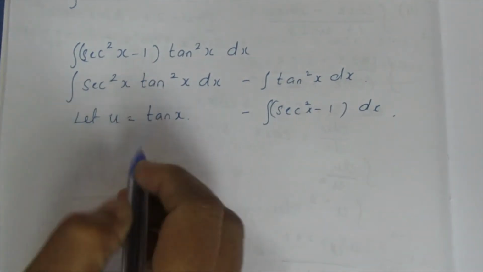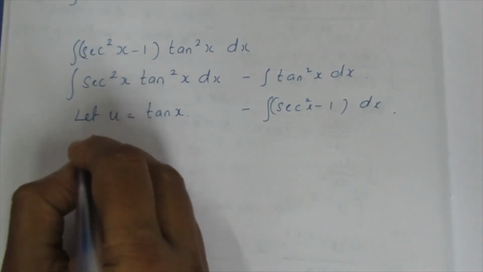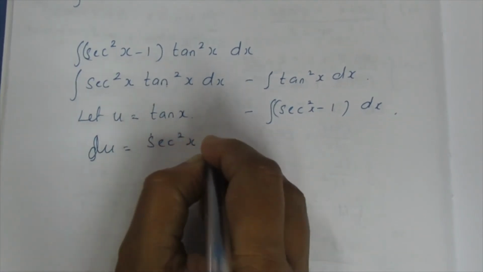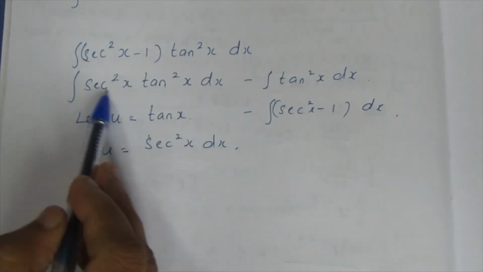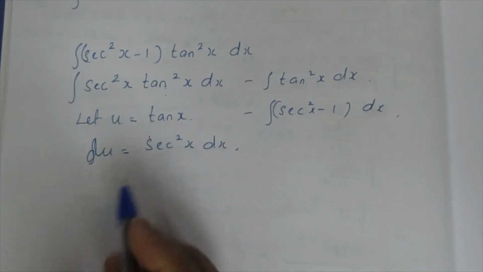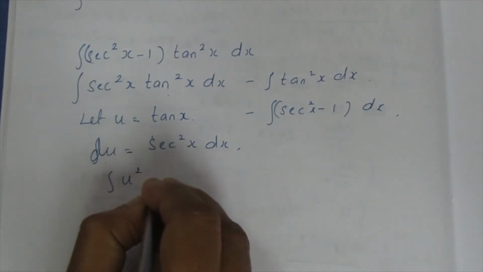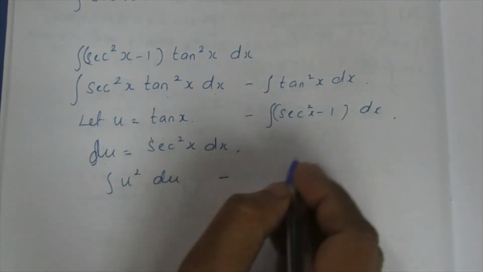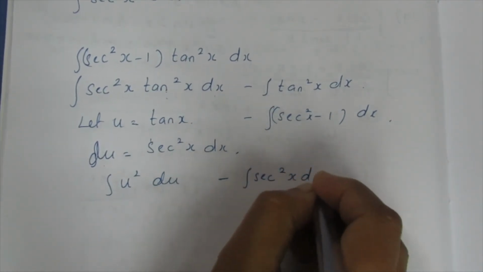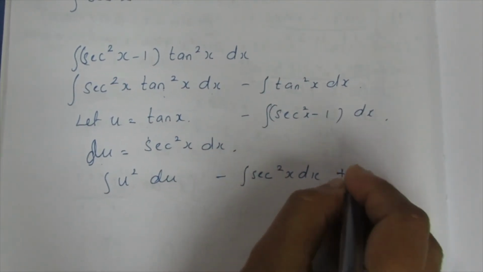If I take this to be u, the differentiation du will become secant square x into dx. So secant square x dx can be written as du, and here tan square x can be written as u square. So the integral of u square du minus